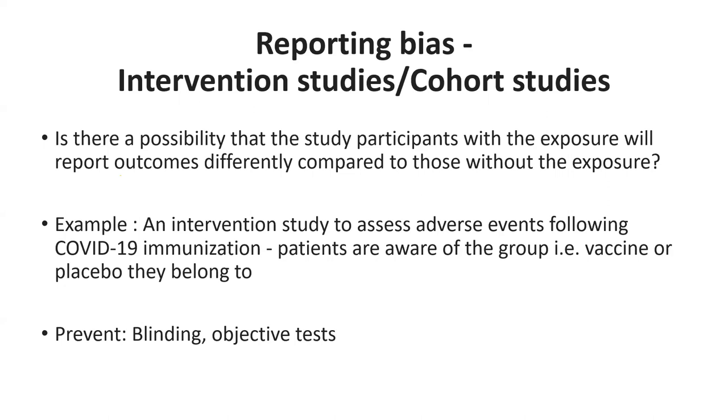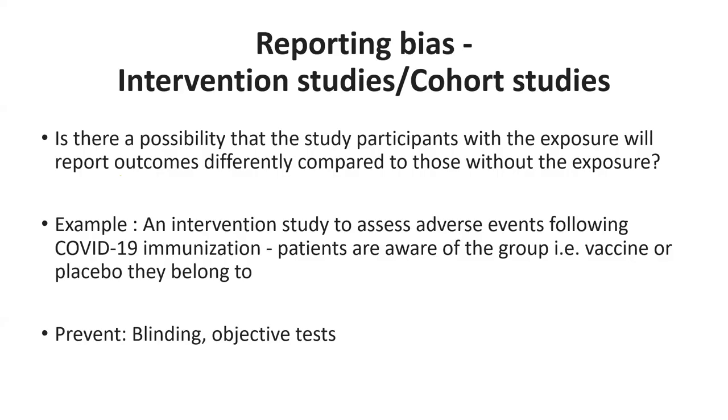Then in the reporting bias for intervention or cohort study, our worry is whether the study participants with the exposure will report the outcomes differently as compared to those who are not having the exposure. For example, you are doing a study to assess adverse events following COVID-19 immunization, and the patients are aware whether they are getting the vaccine or the placebo. Naturally, the people in the vaccinated group are going to be more alert to the symptoms and may report even small symptoms to you, which may be neglected by those in the placebo group,